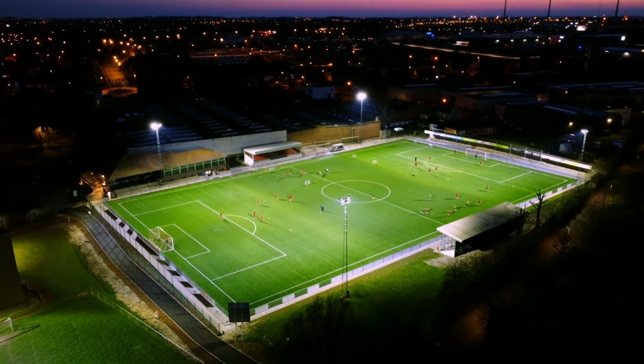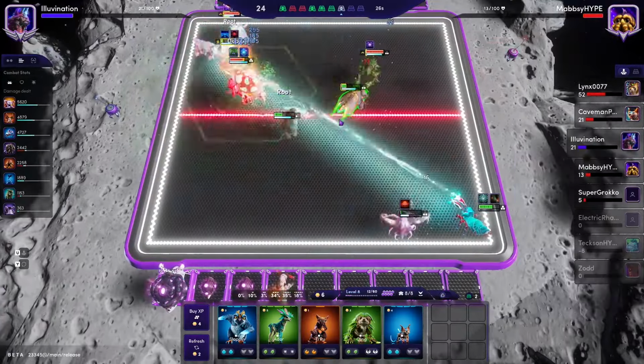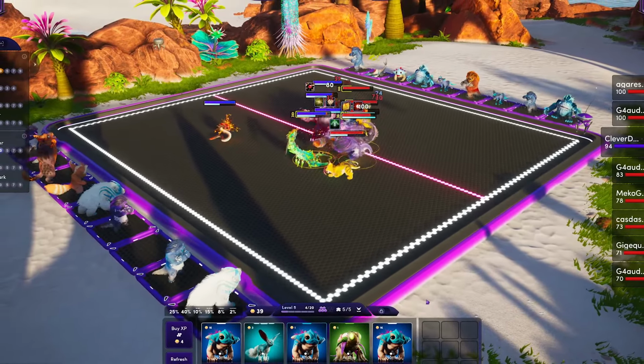Much like a football manager who oversees every aspect of the game, but doesn't take part in kicking the ball themselves. The goal? Survive as long as possible while optimizing your resources and team composition. But don't worry, you don't need to be an expert in auto battle games or in Illuvium to get started